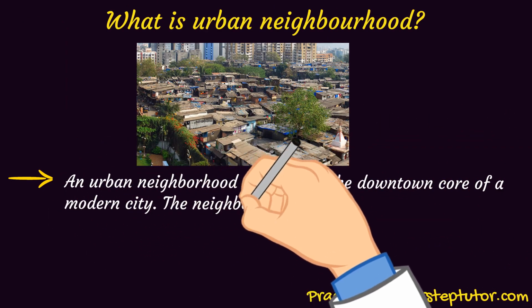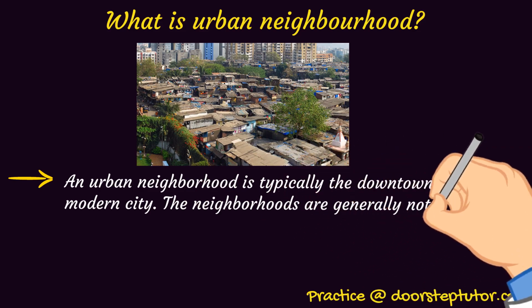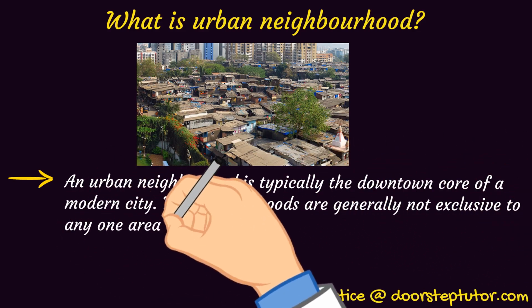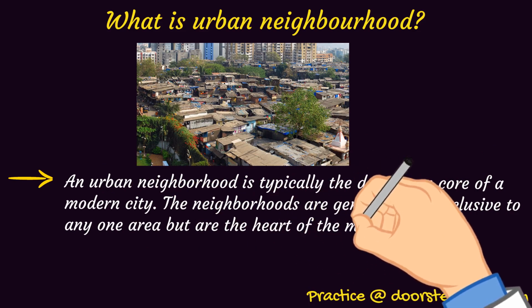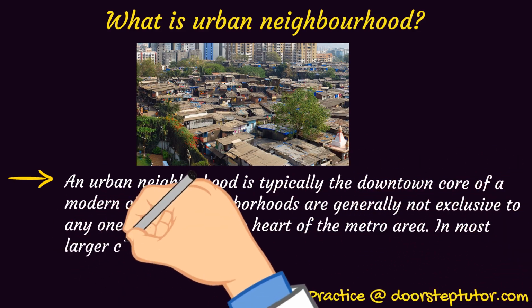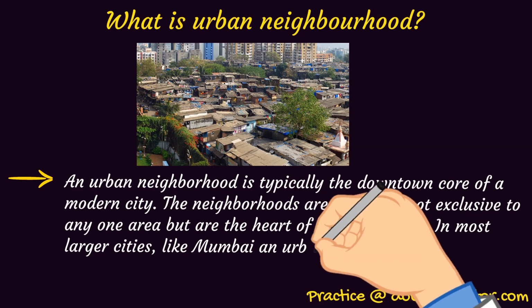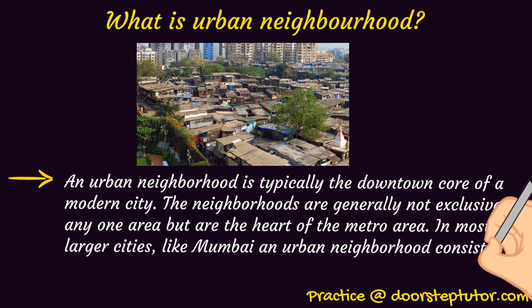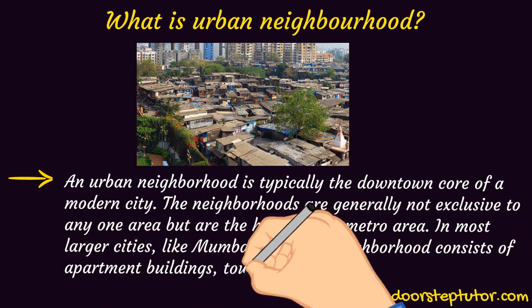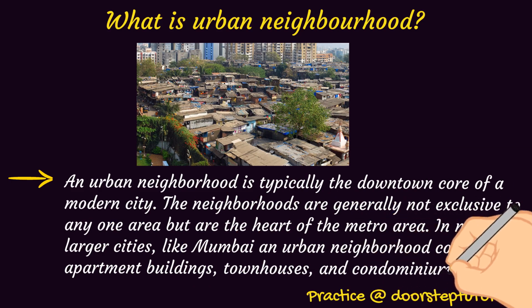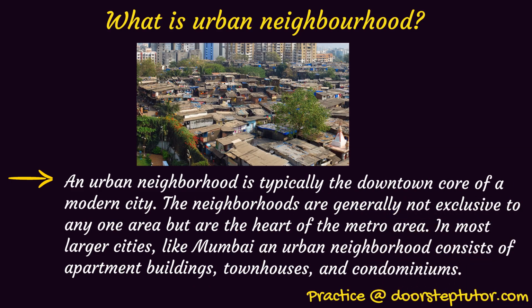The neighborhoods are generally not exclusive to any one area but are the heart of the metro area. In most larger cities like Mumbai, an urban neighborhood consists of apartments, buildings, townhouses, and condominiums. In simple terms, an urban neighborhood is a type of neighborhood that exists in the central location of any city